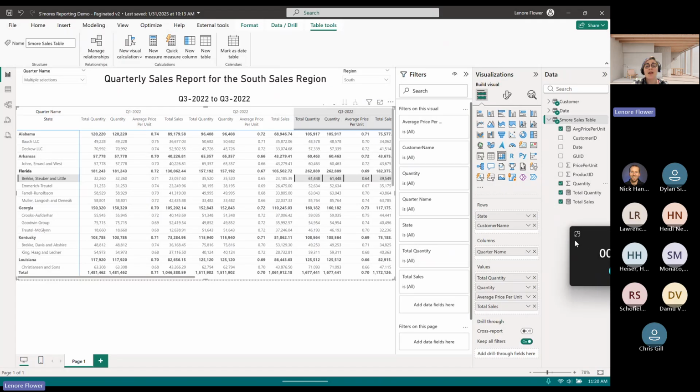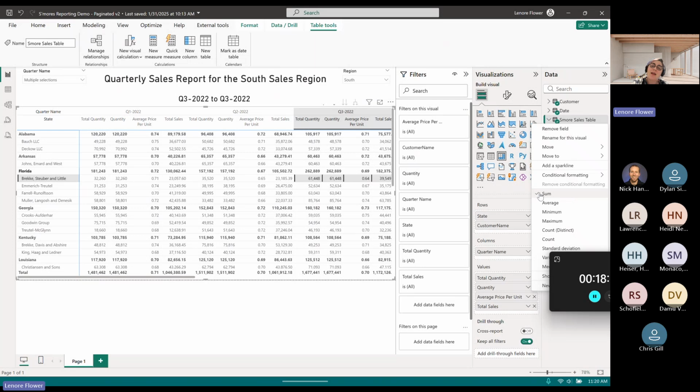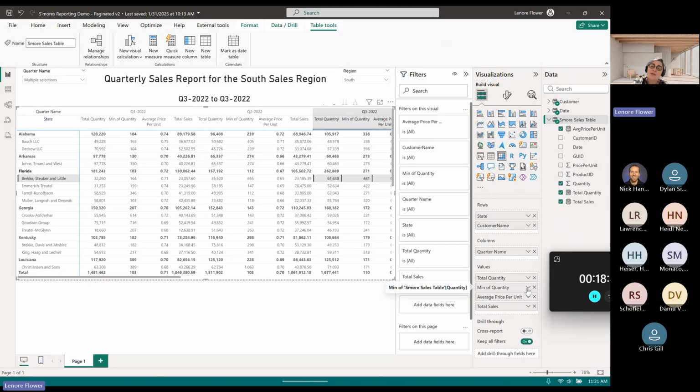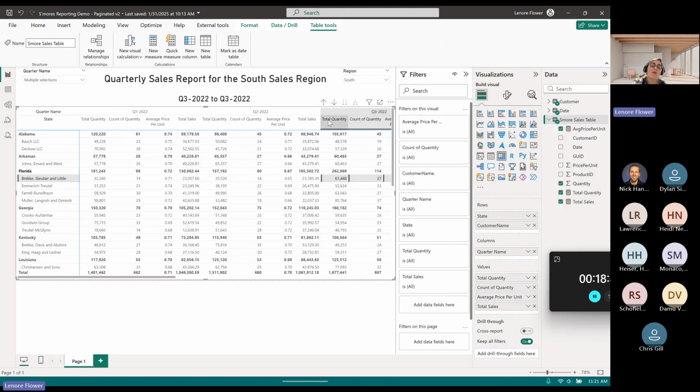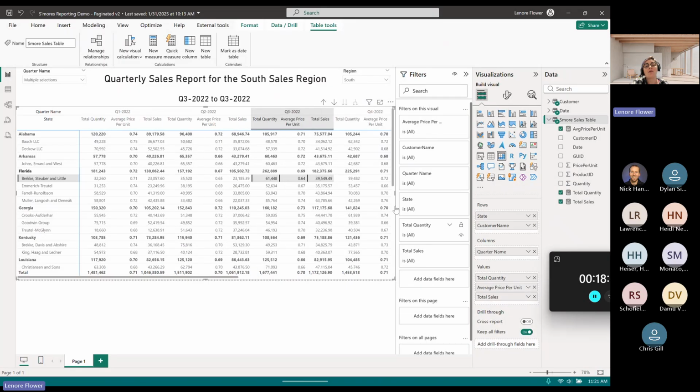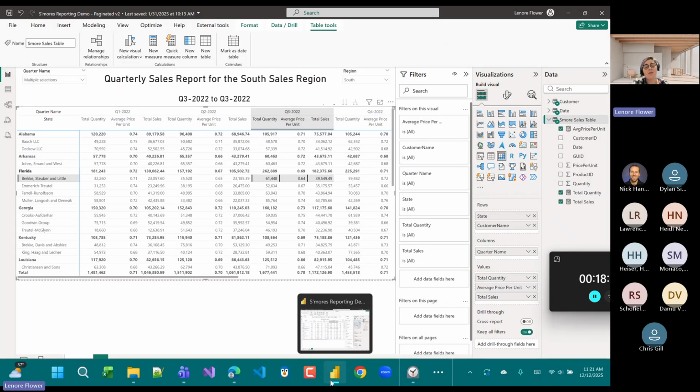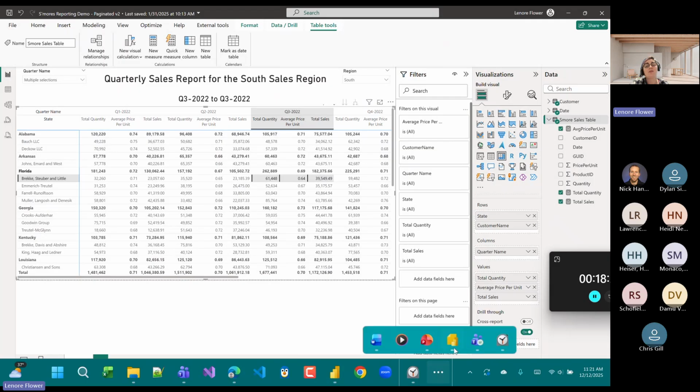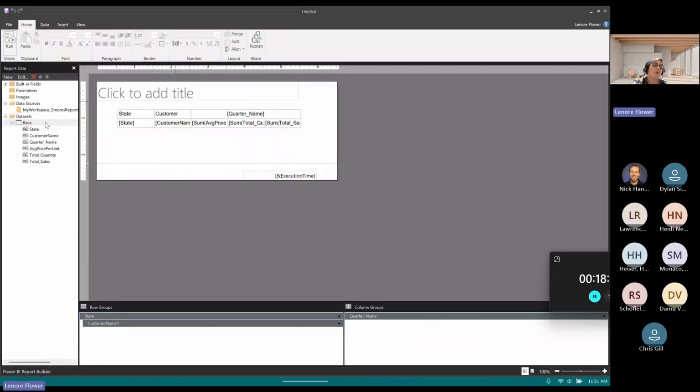And in the interest of time, I'm not going to go into that, although I really want to. But you can tell that because it's applying this sum, right? The reason that it needs you to tell it which of these versions you might want to have is that it is applying an aggregation in the visual itself. That means you have a really user-friendly interface, but those implicit measures that are happening on the back end of a visual don't travel outside of a visual. They stay right there, which means when you want to use it in a context like a Power BI paginated report, it just doesn't work. Same thing for Microsoft Excel.